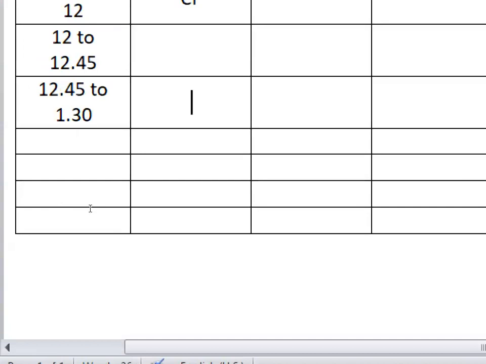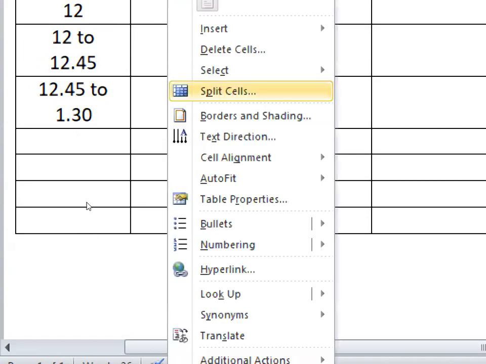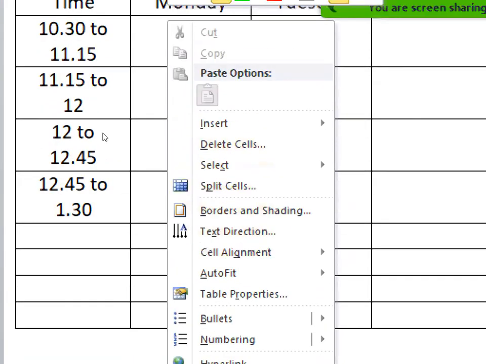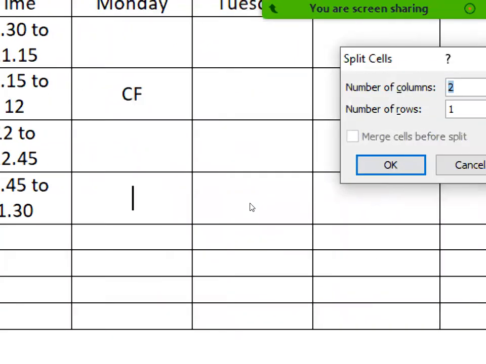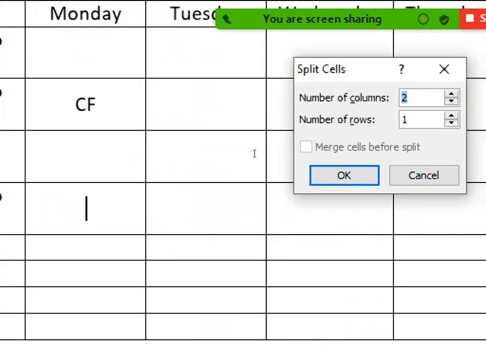Now if I want to have two columns here, this is only one cell, but in that I want to have two columns, like another column here. How can that be done? For that you need to select this and then say split cells, and here it will ask for number of columns 2 and number of rows as 1.